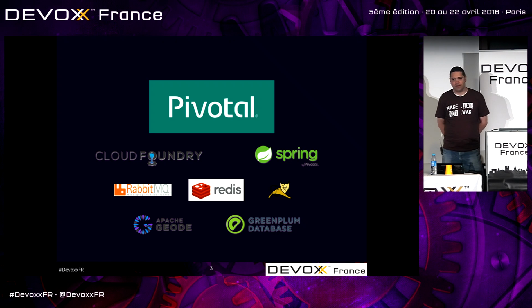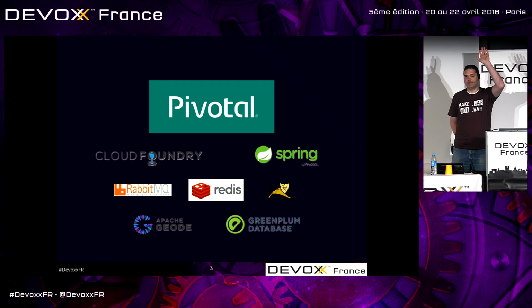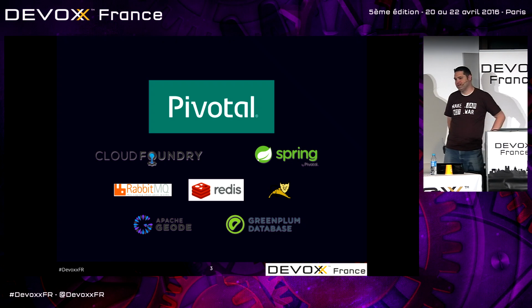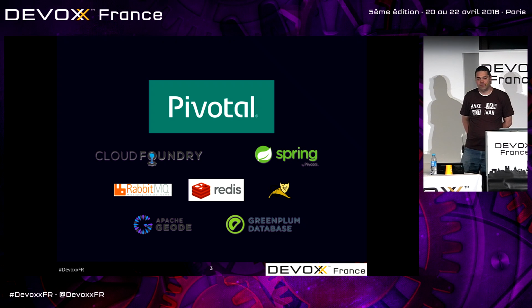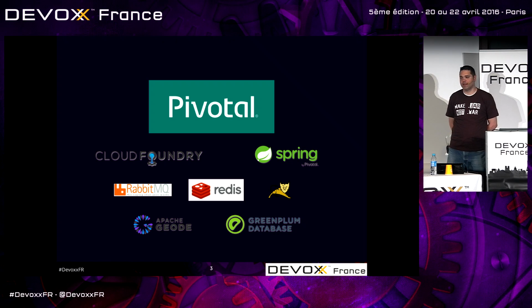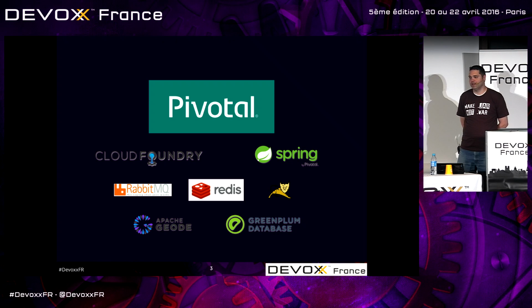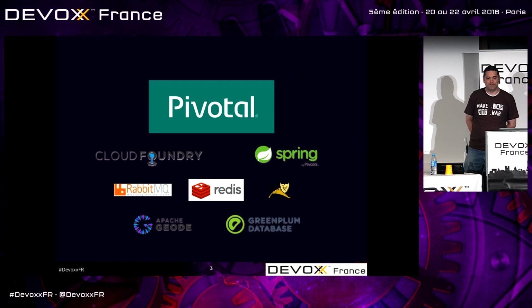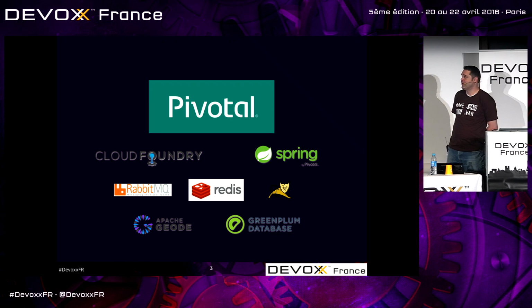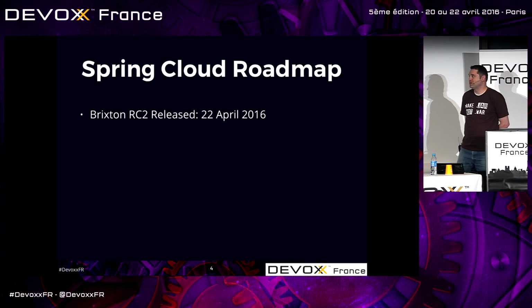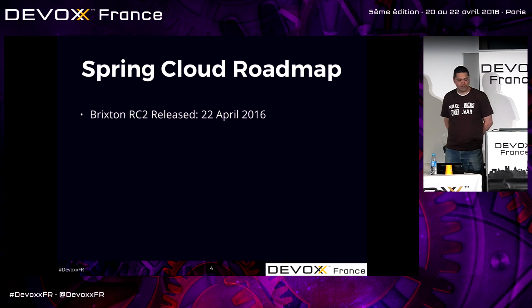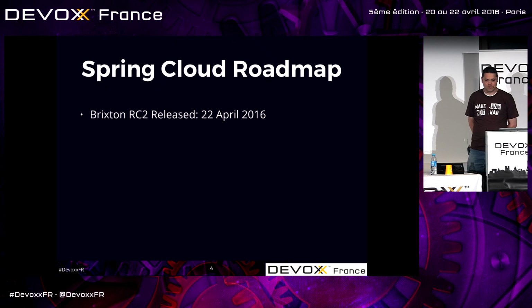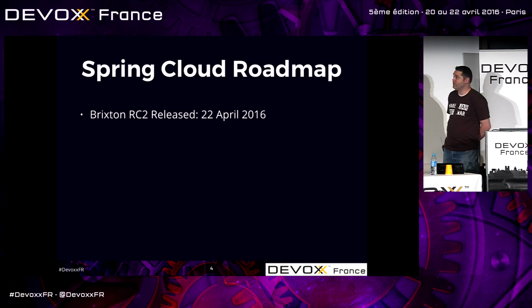Who here is familiar with Spring Cloud? Okay, a few of you. Good. We do a release train. There's many different projects in Spring Cloud. The names of the release trains are Tube Stops in London. One of the other project members, Dave Syer, is from London. So our first release was called Angel. That happened last year. We just released Brixton RC2 a few days ago.